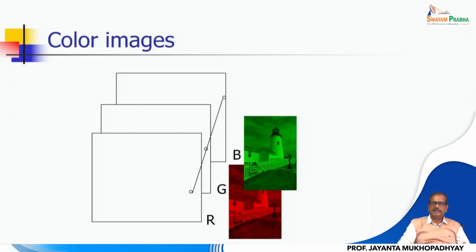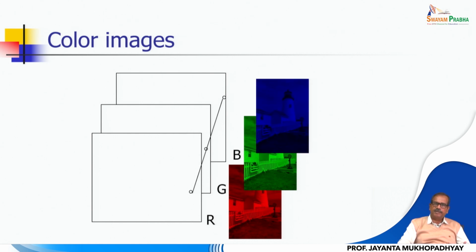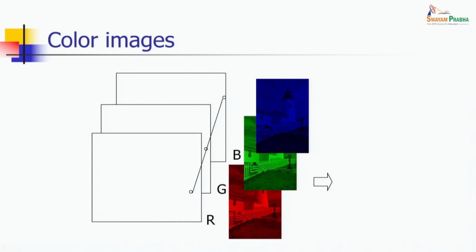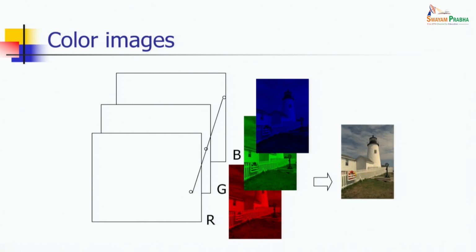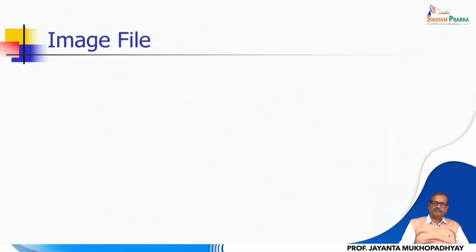It was generated from a color image. So it had a red component, green component, and blue component. And if I superimpose them in the display device in the same positions, respective components with the same color is displayed. So the effect would be the effect of a display of a color image. So for a color image, you require three two-dimensional arrays. Now, when we